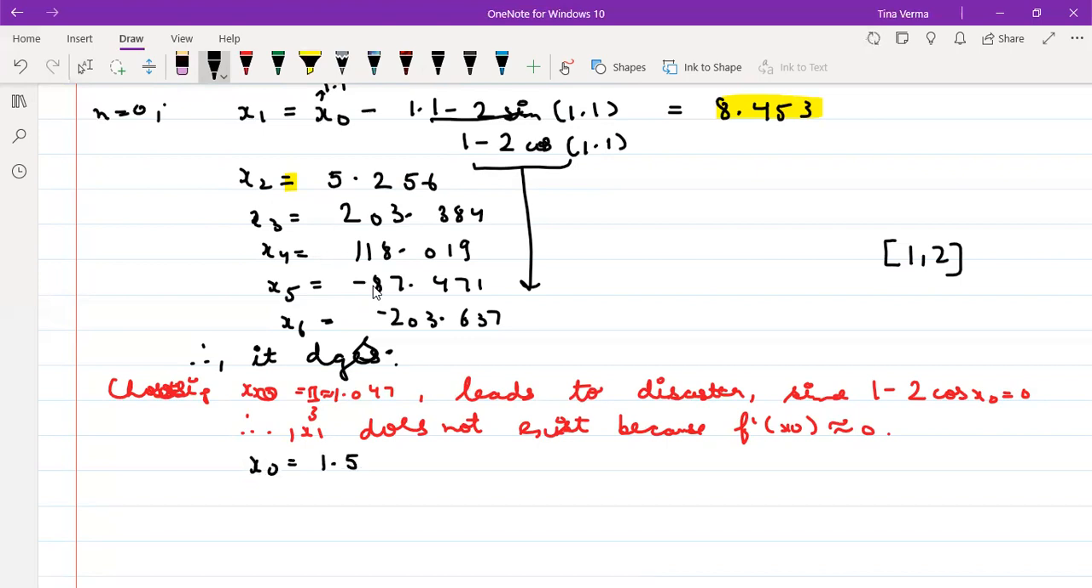if I am starting the initial approximation x naught equal to 1.5, if I calculate x1 in the same way, that is x naught minus 1.2 sin x naught divided by your this value 1 minus 2 cos x naught. So your x1 is coming out to be 2.076558, and if you perform the next iteration,